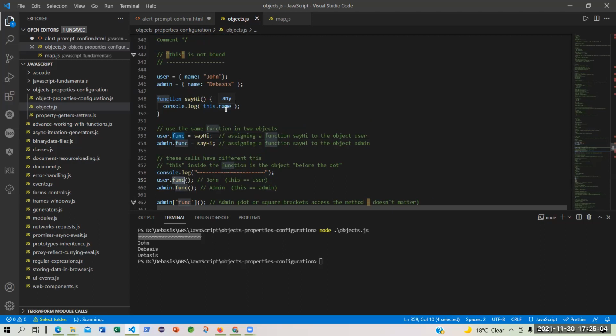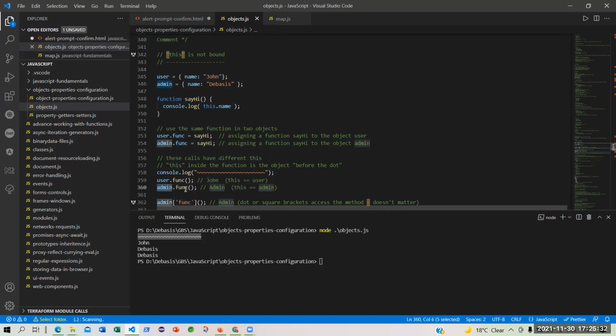So which one will it print? If you are invoking the function of user, will it not print John? Yes. So this refers to user, and user has a property called name with the value John. Okay, can I say that?